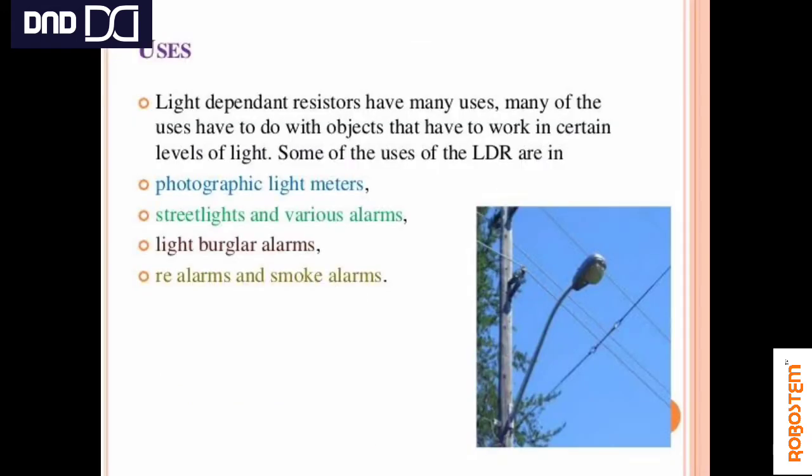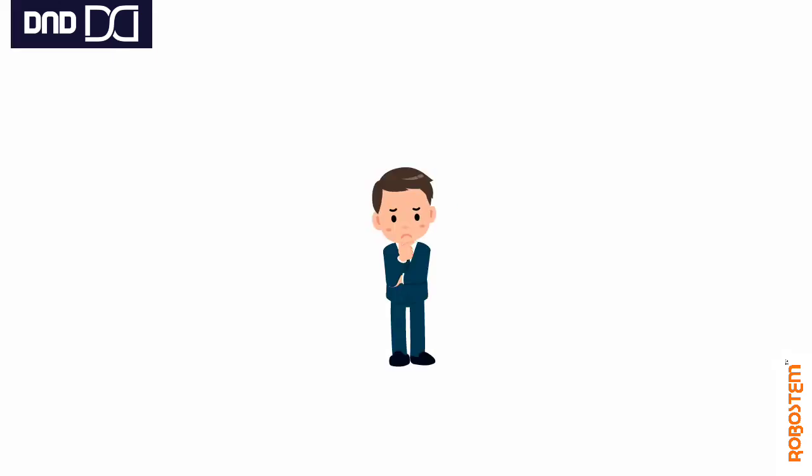A general life example of this LDR is the automatic street light, where the lights will be switched on and off depending upon the darkness and the brightness. You can use the same in a burglar alarm. If you are not at home and someone comes and switches on the light, you can make this kind of project also. You can make a few alarms depending upon the intensity of the light. There are many more applications of LDR sensors.